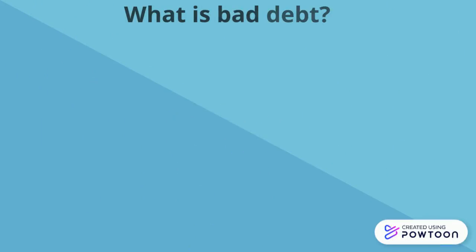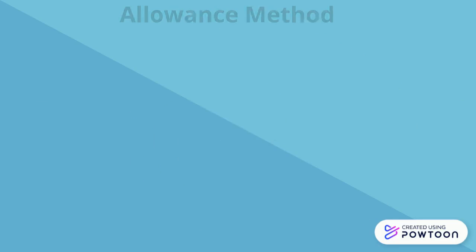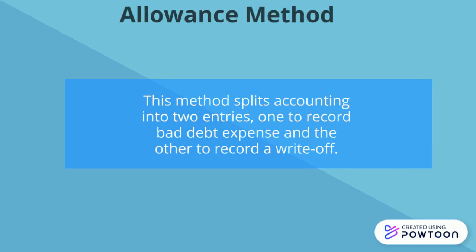So you're probably wondering, what is bad debt? Bad debt is the expense resulting from the inability to collect all accounts receivable. Bad debts are estimated under the allowance method. This method essentially splits accounting into two entries, one to record the bad debt expense and the other to record